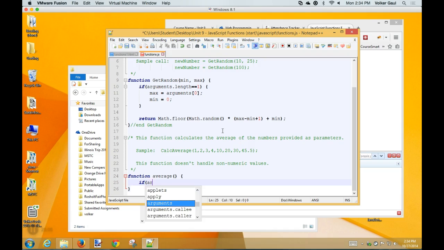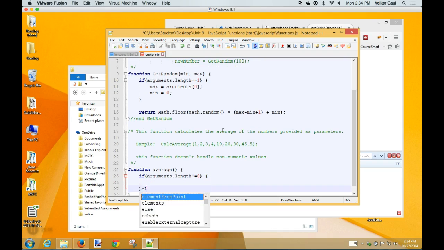If the arguments list has a length of 0, let's flip this around, is not equal to 0. Is that the right not equal to? What language am I in now? We'll see. If it's not equal to 0, then we're going to do our processing, else